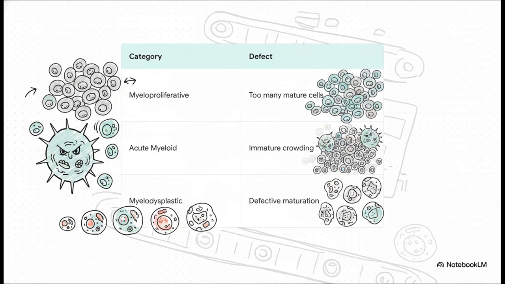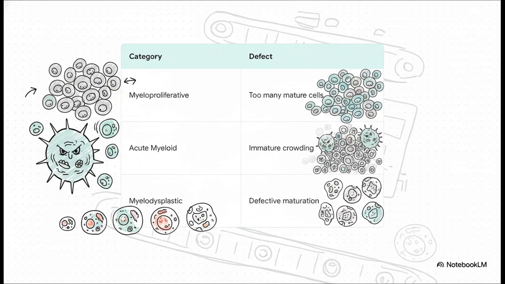Pathologists basically categorize these myeloid breakdowns by their specific mechanical failures. It's like a factory going completely haywire in a few different ways. In myeloproliferative diseases, the marrow is just mass-producing mature cells, way too many of them. Acute myeloid leukemia, on the other hand, is this sudden, super-aggressive overproduction of immature, non-functional cells that literally crowd out